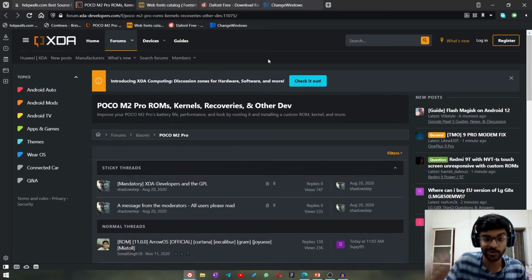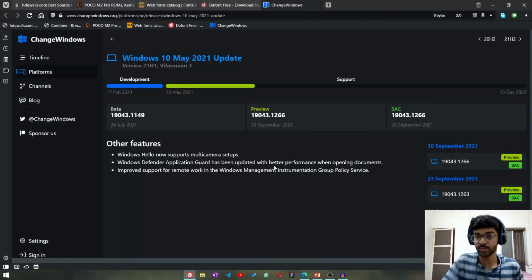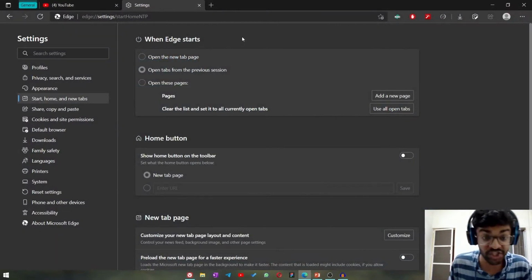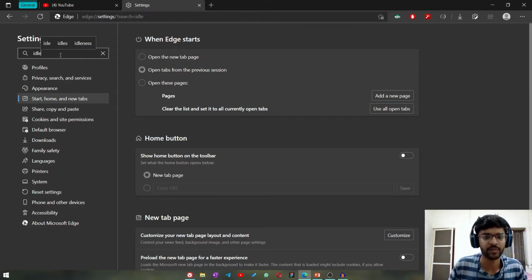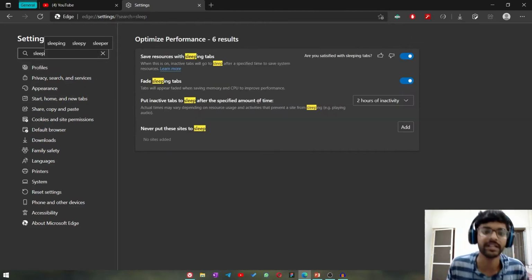So when you go on those tabs, like for example, let's say I open change windows, it will reload the website from scratch, and that is right. But that might not be the case on Microsoft Edge. There's this thing called idle, if I'm not wrong. Okay, it's not called idle, it's sleep, I guess. Yes, sleeping tabs.